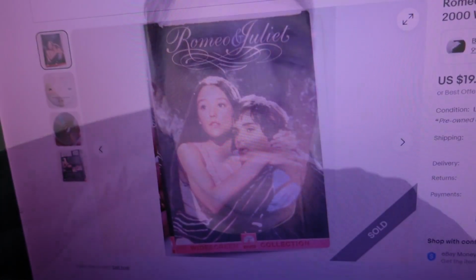Alright, I just logged into the small store. I think I'm gonna list some hats into the small store. We had one sale out of the small store. Let me show you what sold. Here it is. This sold for